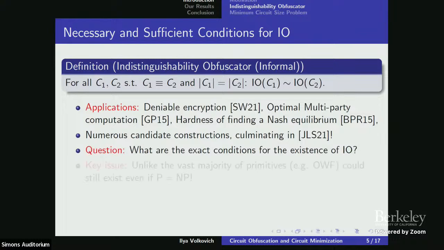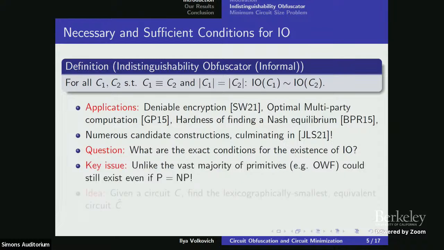So now, when you look at that from the complexity theoretic perspective, and it was mentioned, what happens is that unlike the vast majority of cryptographic primitives, you can still get IO even for something like P equals NP. In fact, this is something that you get in some automatic way, right? If P equals NP, what you can do is you can take a circuit, you can learn it and output the smallest canonical form of it. So this doesn't happen with one-way functions. You don't have that. So this is already something which is interesting.